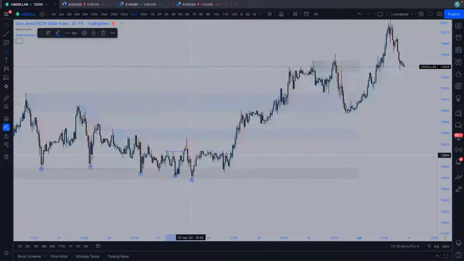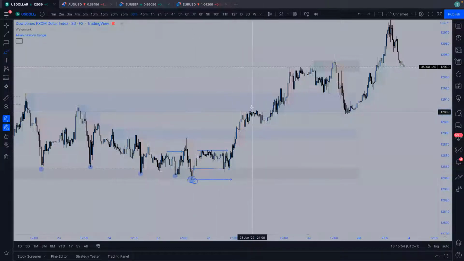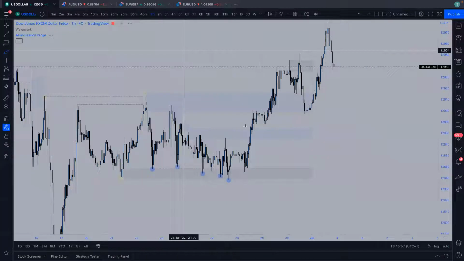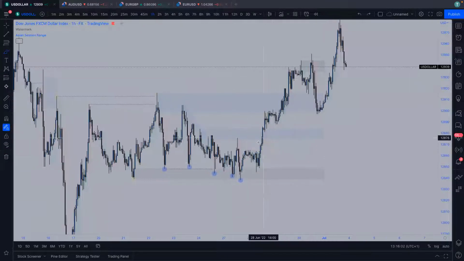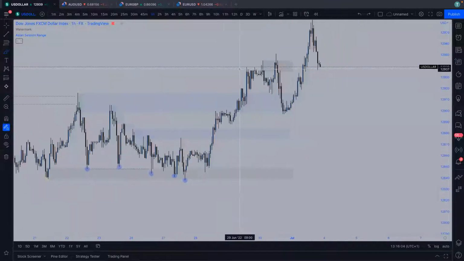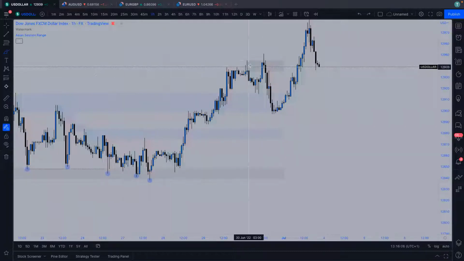And then we came down, we liquidated, and then we had more generated liquidity in here. You can see we tested demand, which was our spring. This is our test. And then we had that continuation. I would have liked to have seen price potentially come back down into this level, but we didn't. We really just continued from there. So we had this move play out, we liquidate the high, and then we come back down.